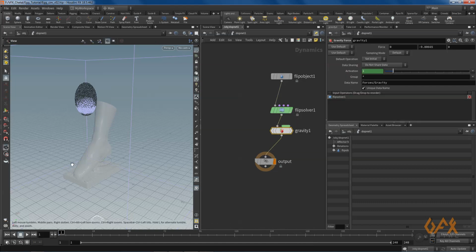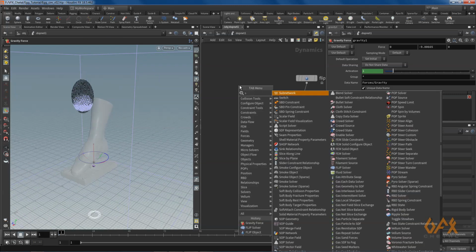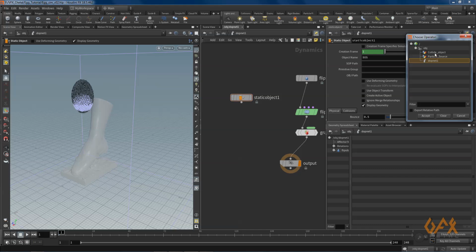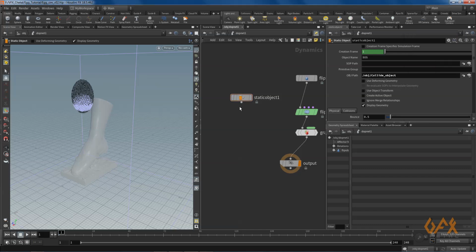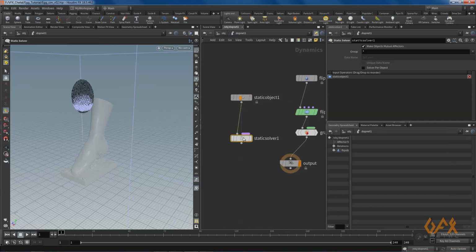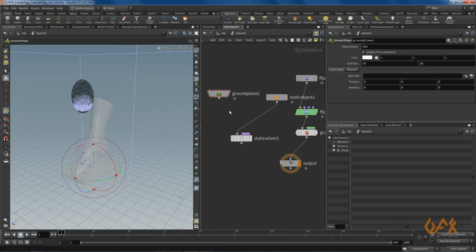Now I need to set this collision properly, so for that I click static object. Over here I need to define the object path, and that is your collide object. Now you need one more static solver. You also need one ground for collision, so for that I create one ground plane.